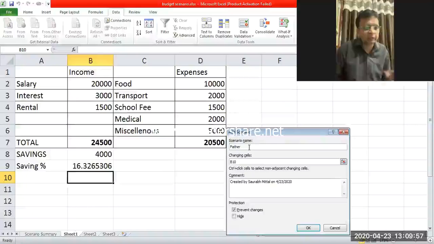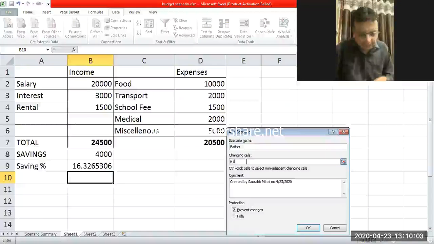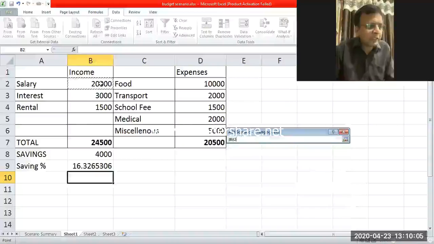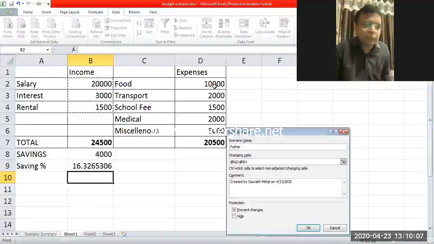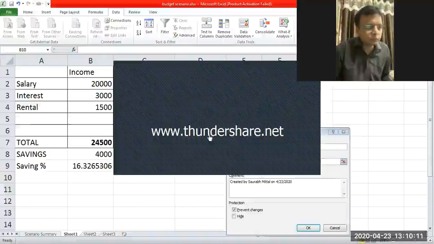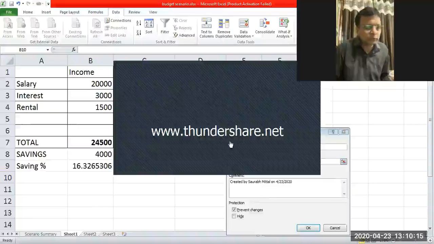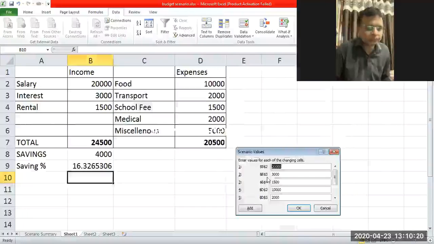Maybe the father in the family wants to have a different version of this budget. By changing the cell, I can select which cell they want to change, maybe the income side also, and some of the cells from your expenses side also. Simply select OK.